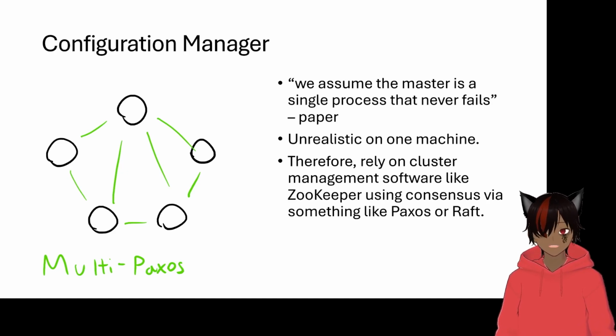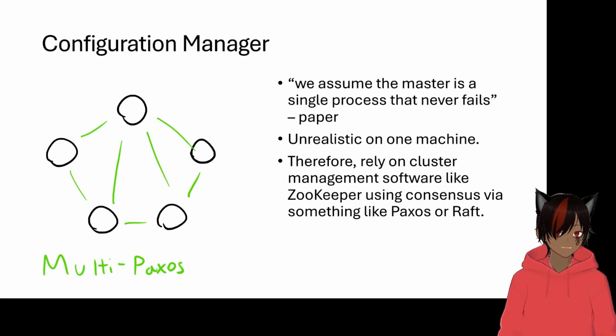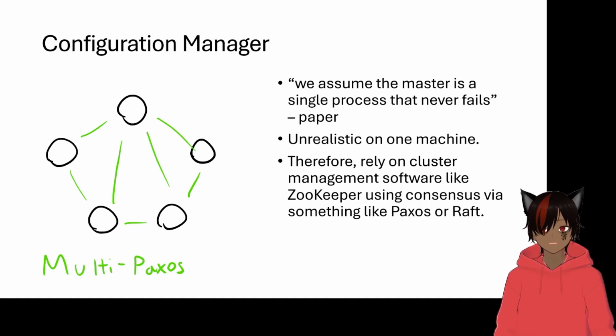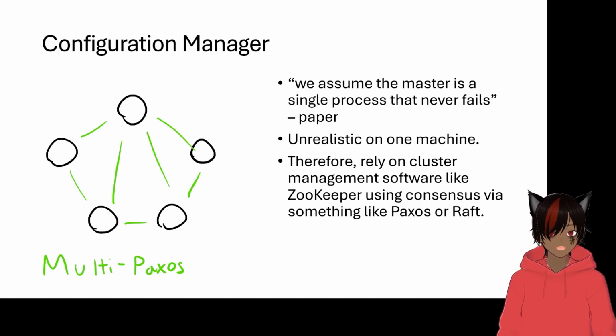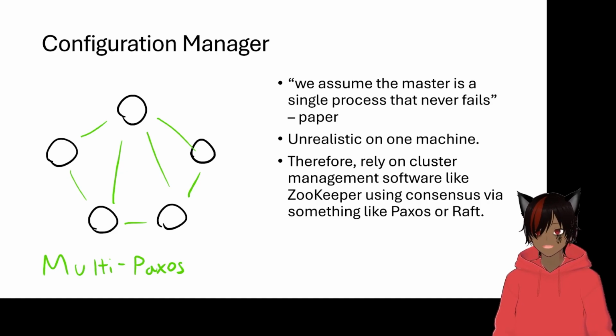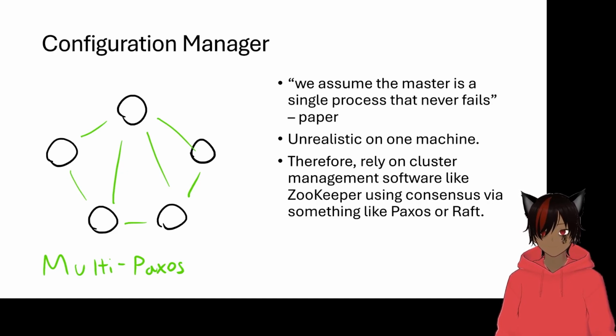But the paper and pretty much everyone in the real world relies on some sort of cluster management software on many machines, something like Zookeeper or etcd and so on. And these use a consensus algorithm, something like Paxos or Raft. Consensus is unfortunately out of the scope of this video, but essentially all I need to tell you about is that in terms of failures, Paxos or